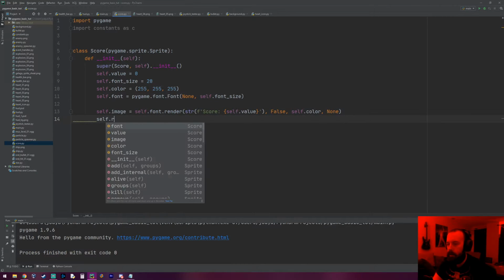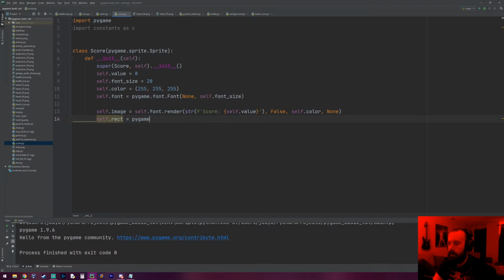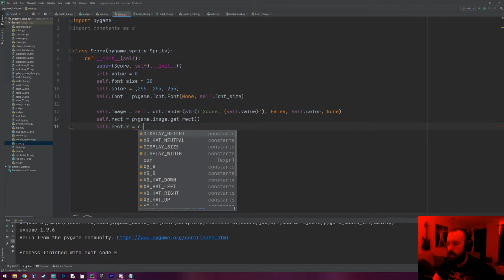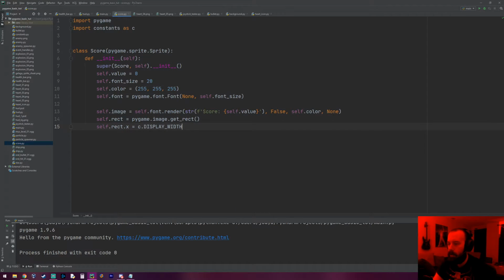Then we also need the rectangular attributes, so self.rect equals pygame.image.getRect. And then I want to set its x to the width of the display. And if I do this, it's going to put it all the way off the display, because remember, an image's origin point is the top left. So I need to subtract the width, and then I also want to give it some padding. So let's subtract like 20. So that should put it right on the right and give it a little bit of padding, so it's not actually